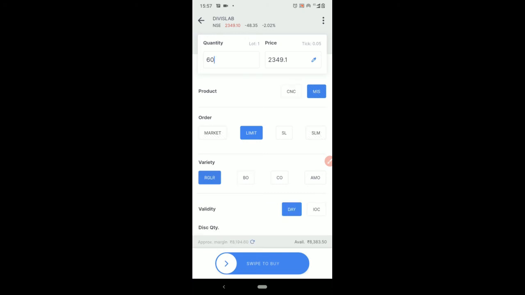For a regular order, we may need 13,657 rupees, which means I cannot go ahead with placing that order. I think this is a very good and useful update given by Zerodha, especially for the day trader and those trying to capture small moves in the market.